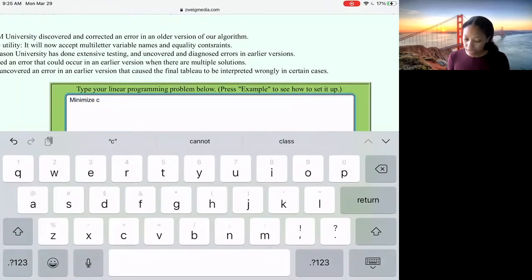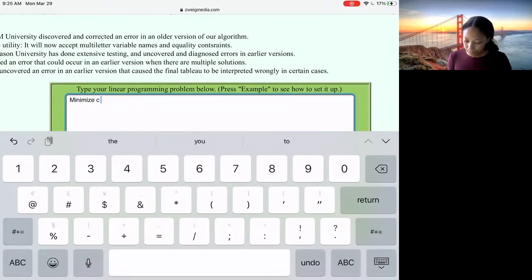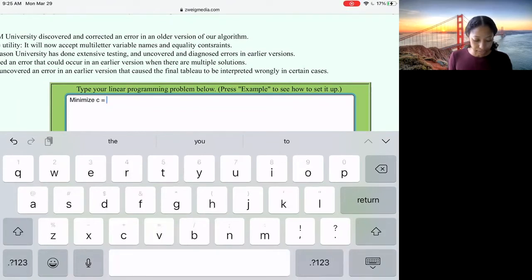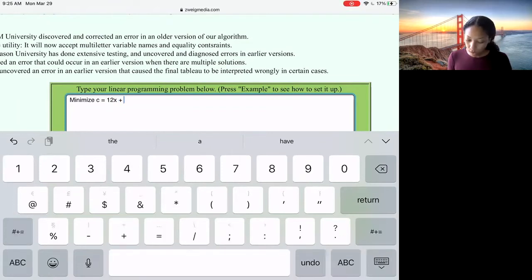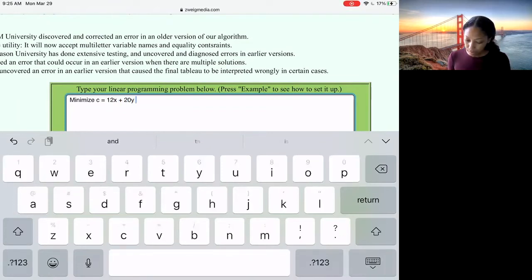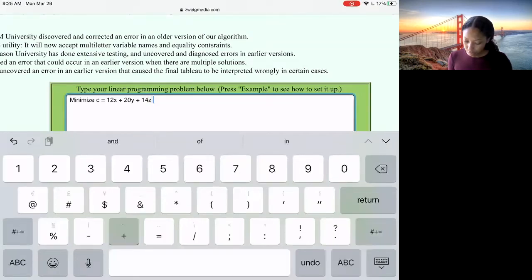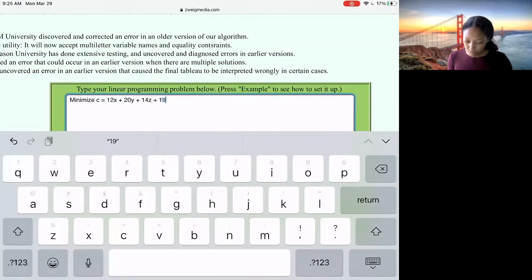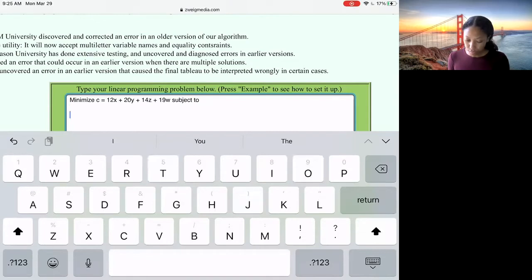Minimize C equal to, and we have lots of variables, 12x plus 20y plus 14z and 19w. Subject to